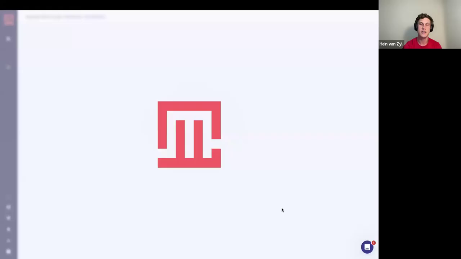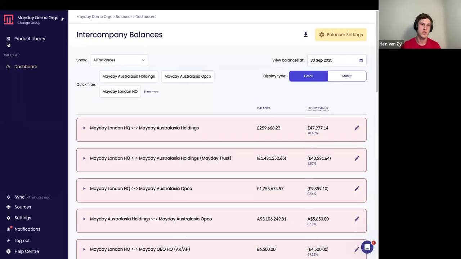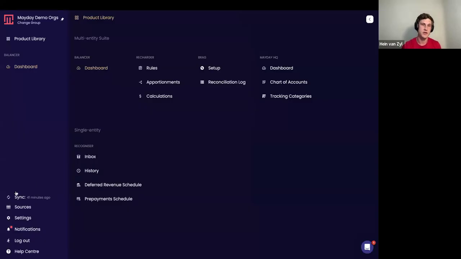So if you hit Let's Go here, you'll be taken into your Mayday group. From within here, you'll see as soon as you sign up, there's going to be this little sync icon spinning the whole time. This is just because now you've created that group. And from the date you've chosen as your start date, we are pulling in all that information from that start date. So it is worth noting, this sync is dependent on your start date.